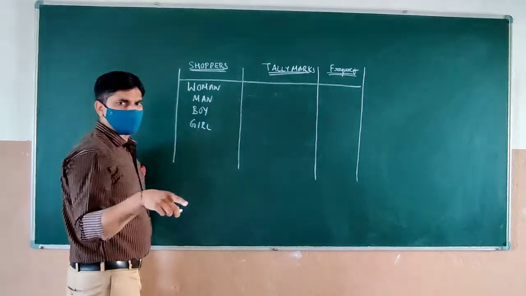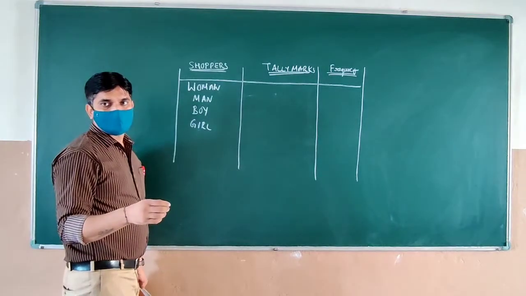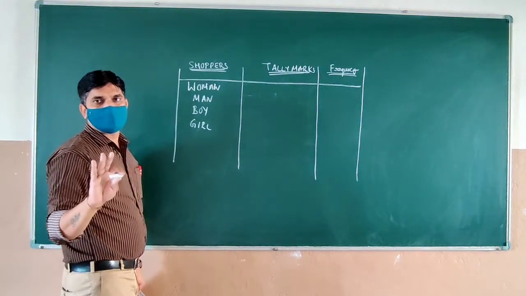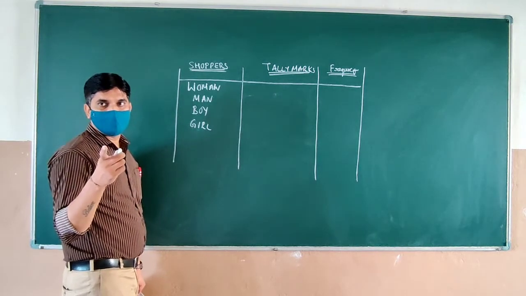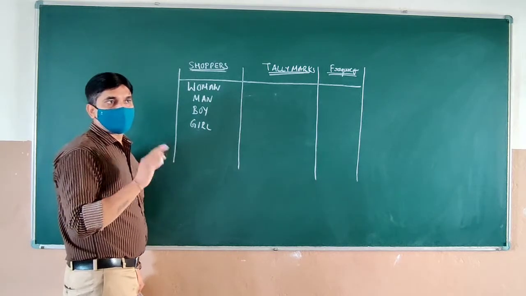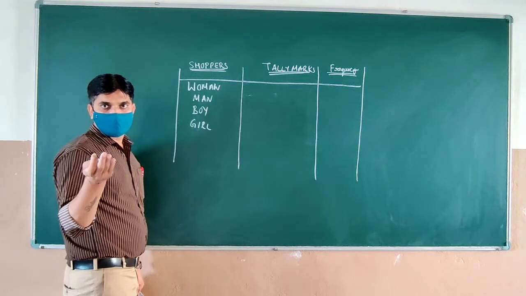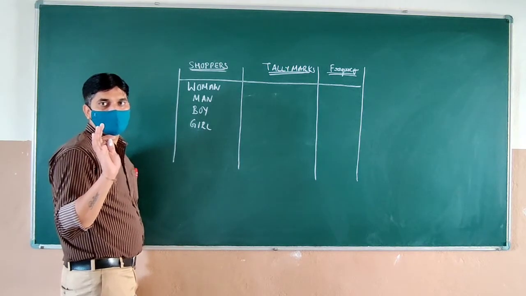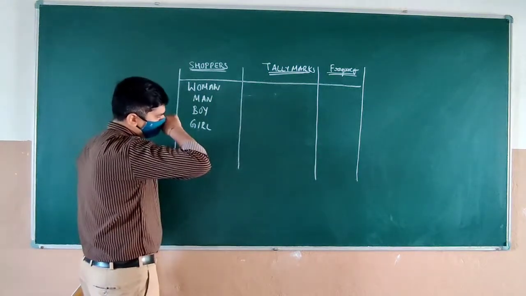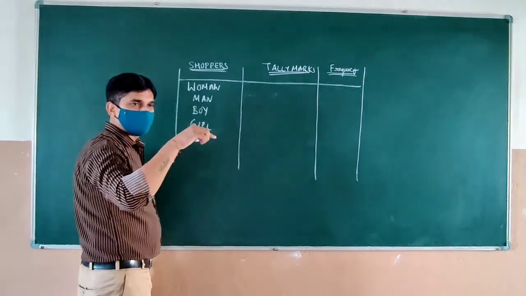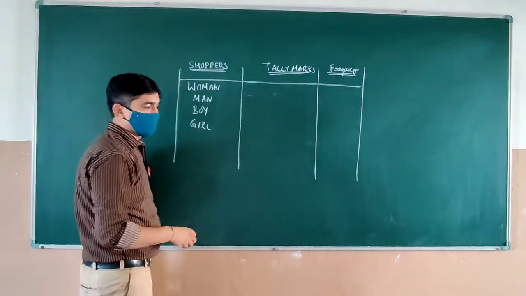Only 4? Okay. No. You can't count like that. You are supposed to do it with tally marks. If you are counting like that, you will make errors. Use tally marks, okay? If you want to use something else, it is up to you, but it should be errorless. You are supposed to say woman, like that. I am going to give tally marks here.